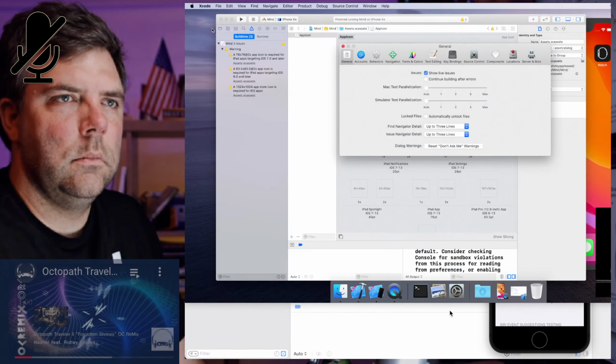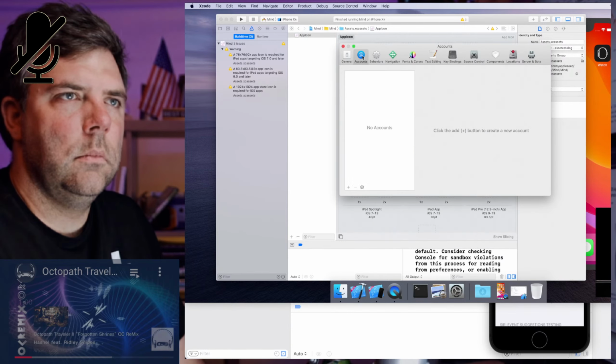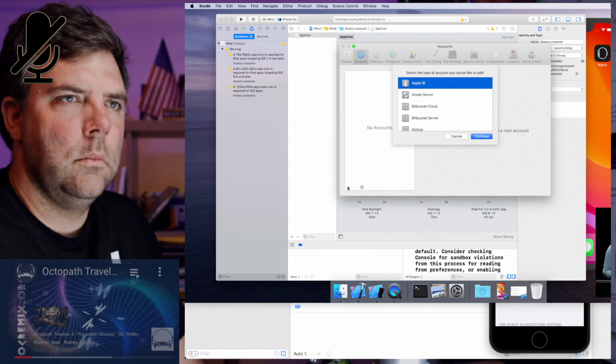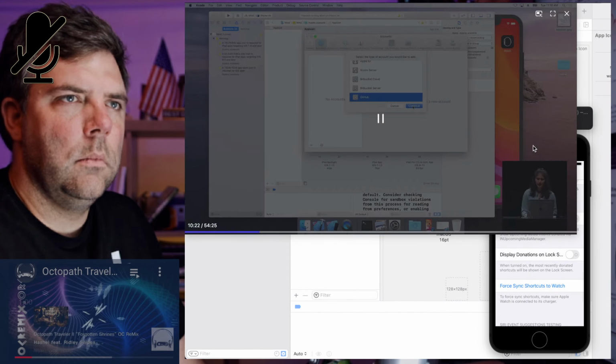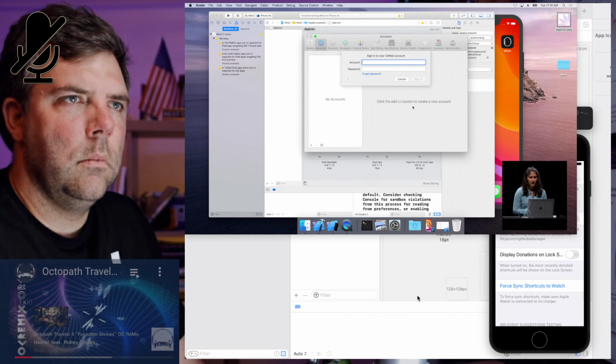And in order to add an account, we'll go ahead and go to the Account Preference pane and click on the plus button. You'll see that there are a variety of accounts that are available to us. And since we're interested in a GitHub account, we'll click on GitHub and click Continue. So now it's asking me for my